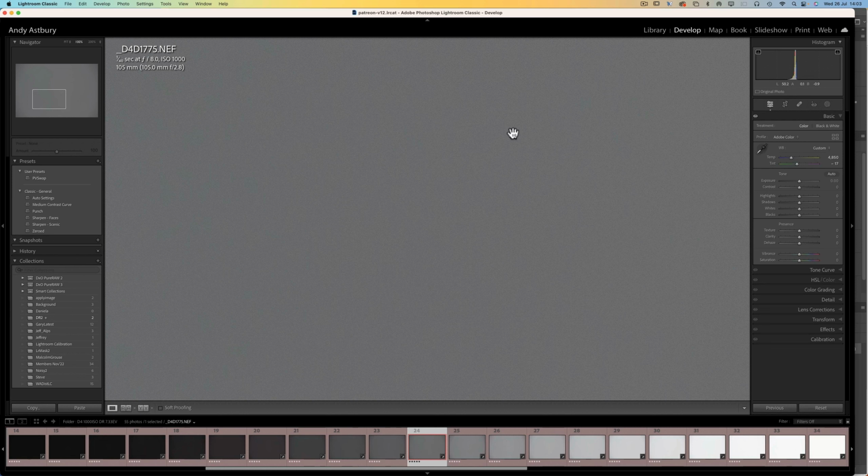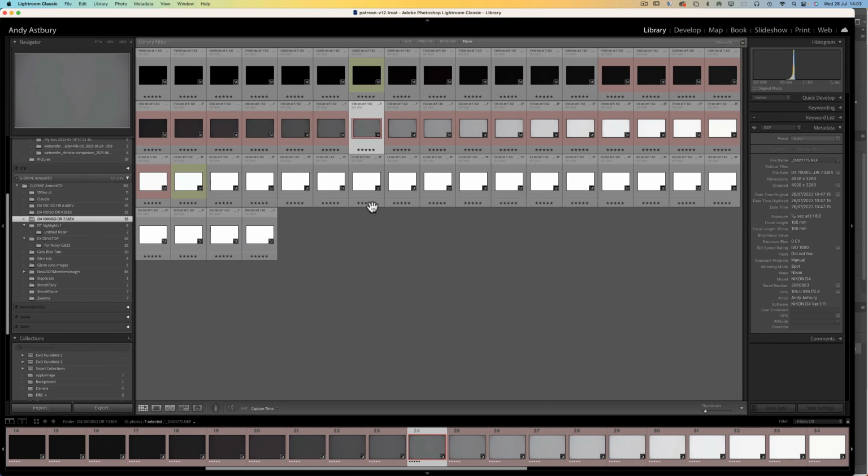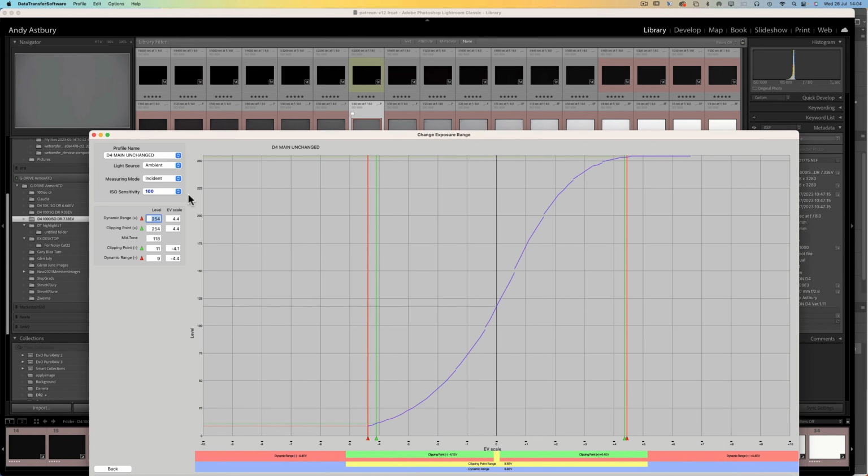And so how many stops have we got available to us in our highlights? Let's come back to a library grid view. We'll put a pick flag on that. Okay, so we've got 1, 2, 3, 4, 5, 6, 7, 8, 9, 10, 11. Yeah, so we've got like 3 1/3 stops, or 3 2/3 of a stop of dynamic range above our midtones